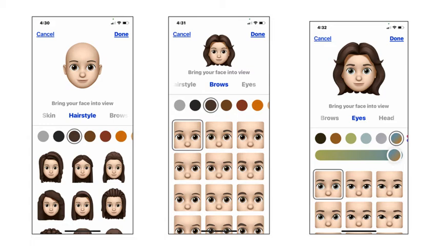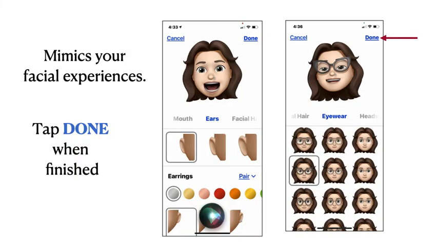Moving along, you can choose your hairstyle. You'll be able to choose the color of your hair. Then you can choose your brows, your eye color. Now, none of them are going to be perfect, but you can play around with it. I'm pretending here that I don't have any gray hair. I'm going back to my youth. Now, another fun thing,